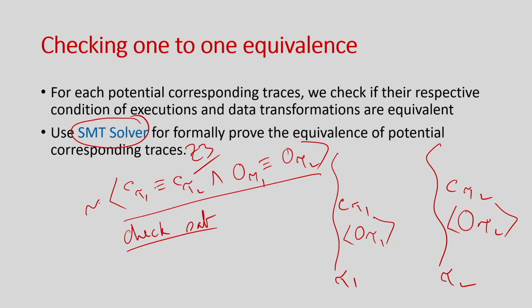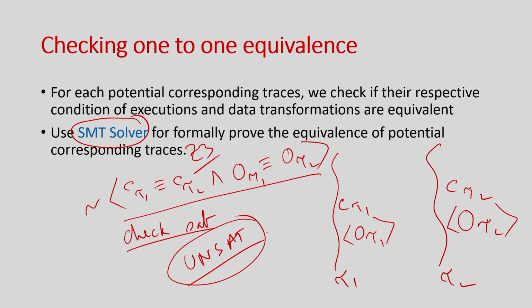So, what I am going to do is take the negation of this formula, okay, and check the unsat. So, I will now check the SAT again. So, what does it mean? It means that you find an input for which these two paths are not equivalent, right. If the tool finds an input for which these two paths are not equivalent, then indeed they are not equivalent traces, right. But if it returns unsat, what does it mean? It means it does not find any input for which these paths are not equivalent. What does it mean? They are basically equivalent, right.